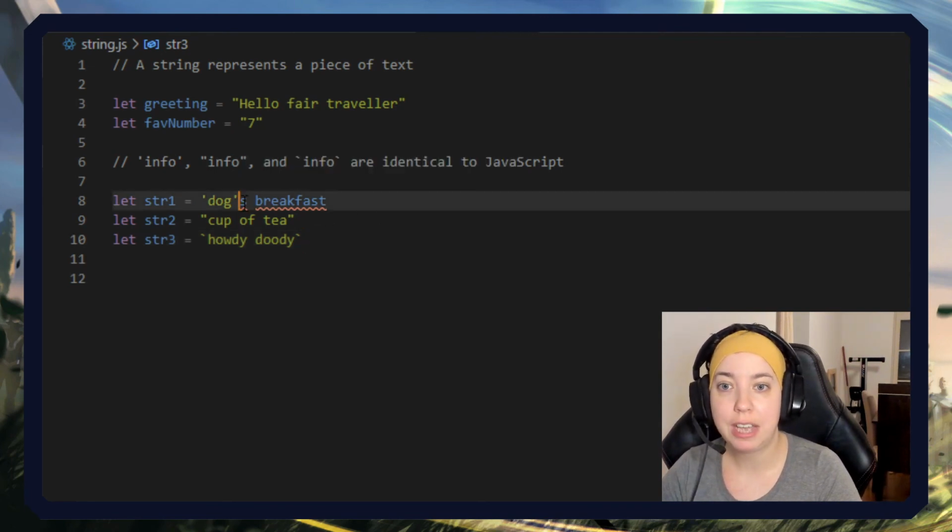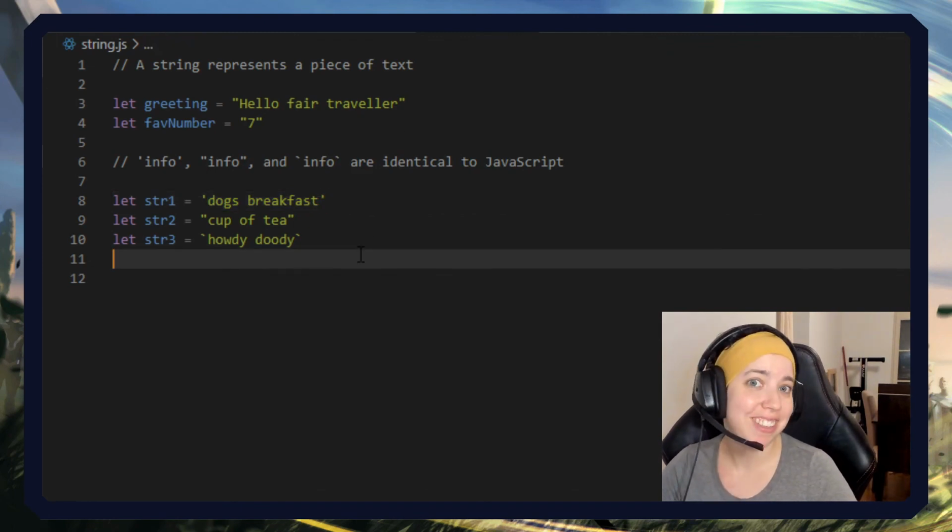So those are the absolute basics of strings in JavaScript, and we'll move on to other data types really soon, but let's stick to strings for a little while,